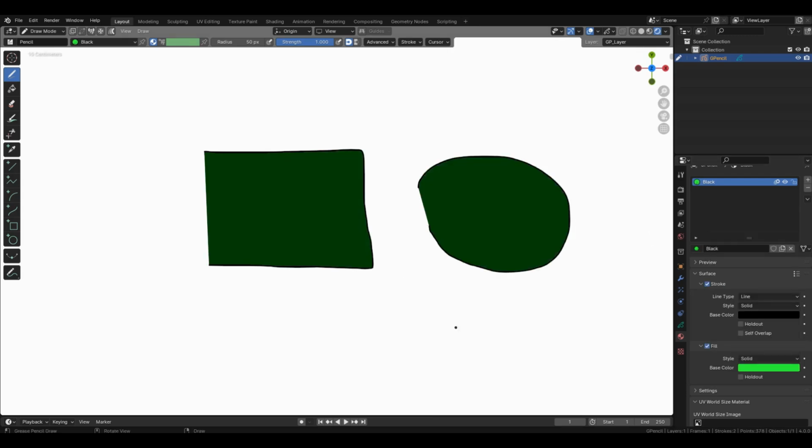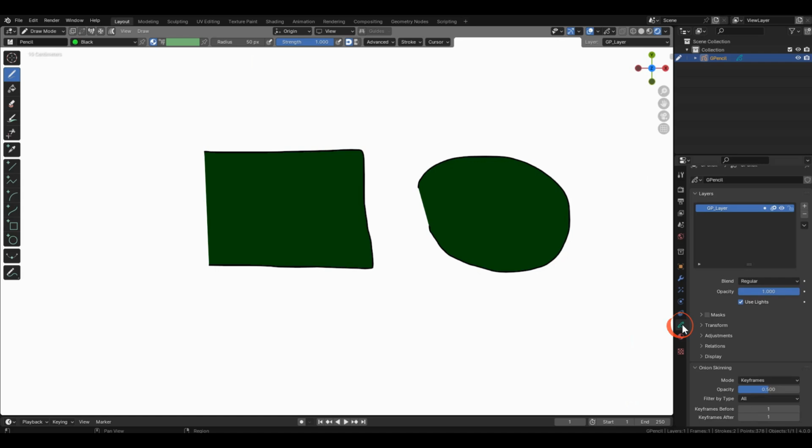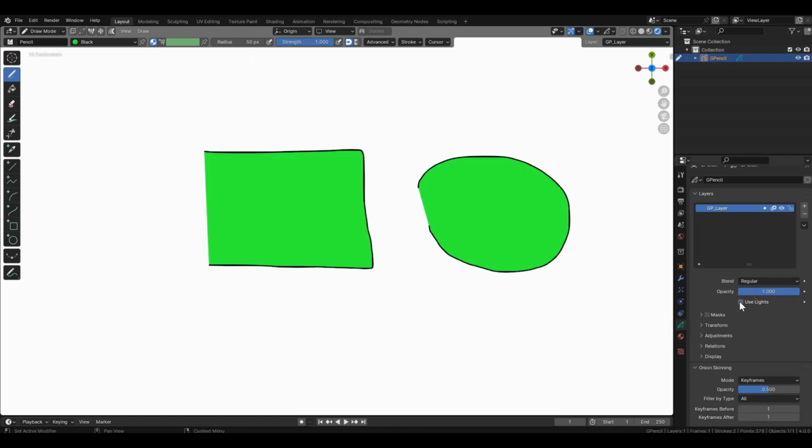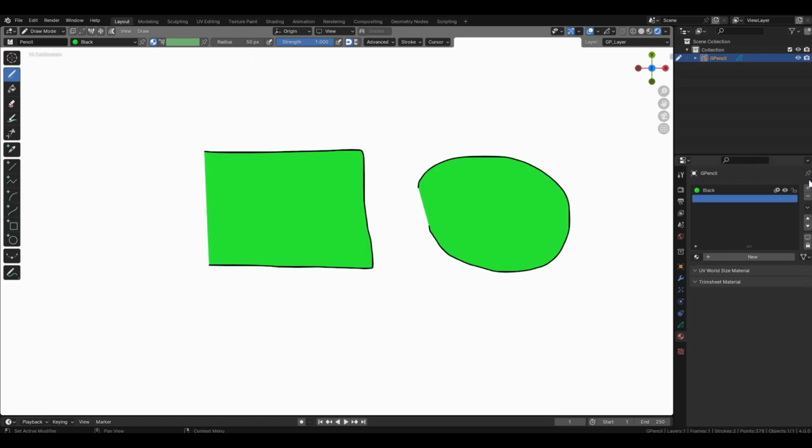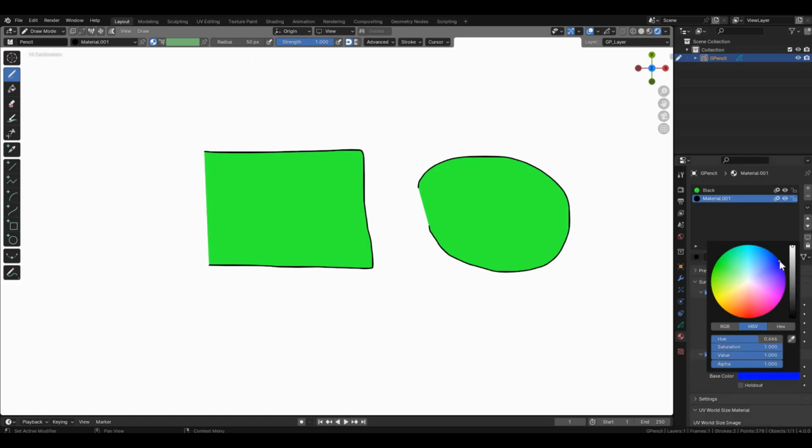By the way, let's open the Layers menu and disable the influence of lighting on the layer. I repeat. The fill transparency is set to 0 only on the default material. If you create a new material, this parameter will be set to the maximum value.